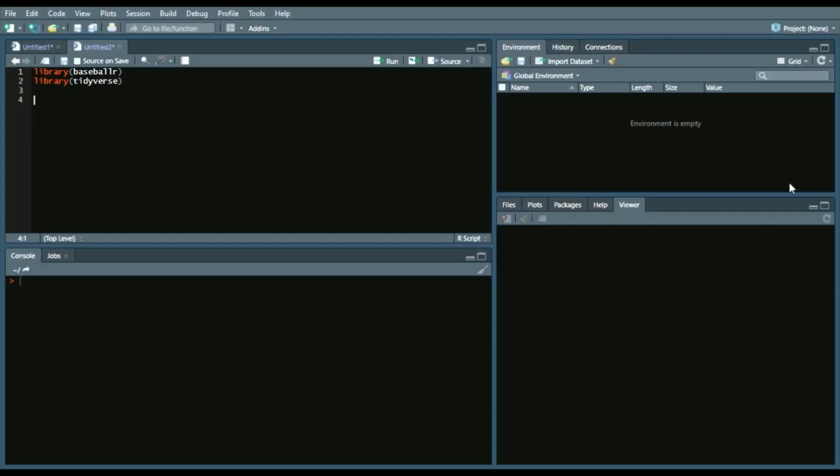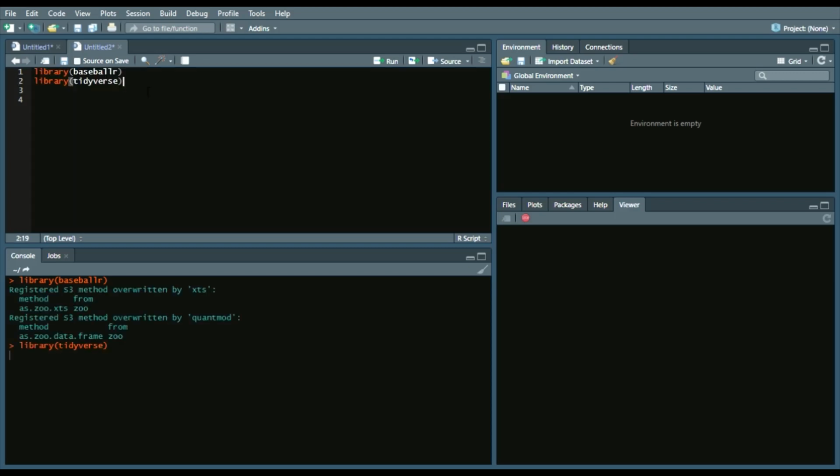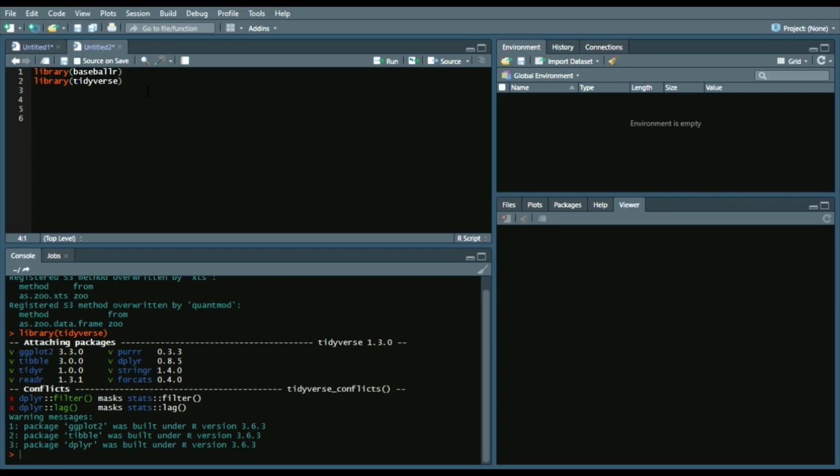So, let's begin by loading in our libraries, baseballr and Tidyverse. So we'll load both of these in. And it gets both of them in. There we go. And then I will, again, attach it to my GitHub, and my GitHub will be in the link in the description below,